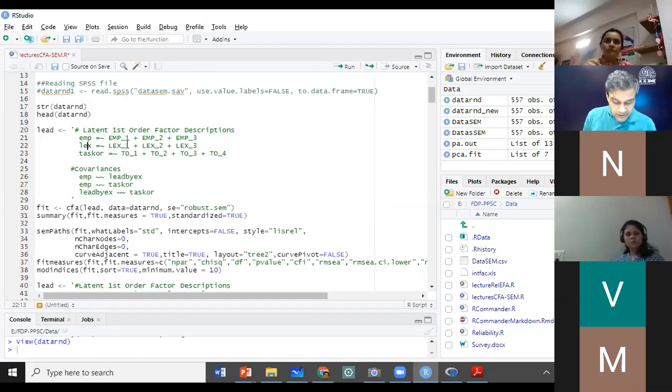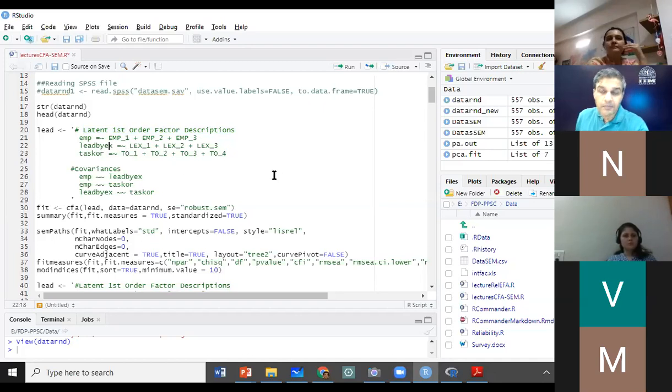That is up to you. Lead by example is equal to tilde LEX1, 2, 3. And task orientation is equal to tilde TO1, 2, 3, and 4. And then I have set covariances: EMP with lead by example, EMP with task orientation, and lead by example with task orientation.